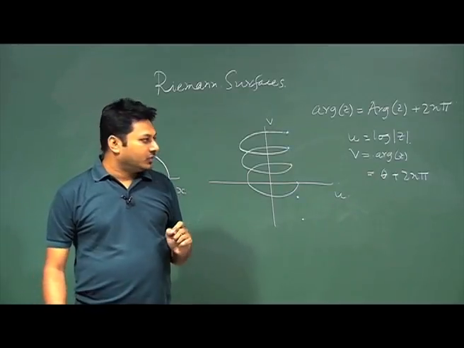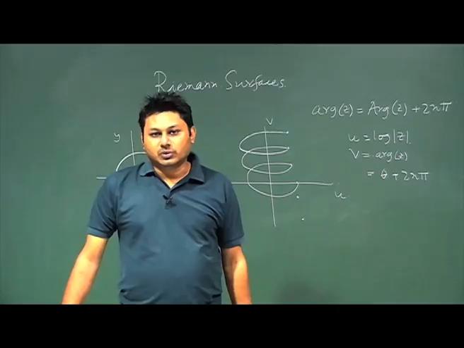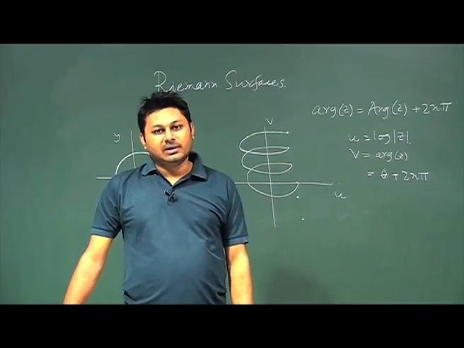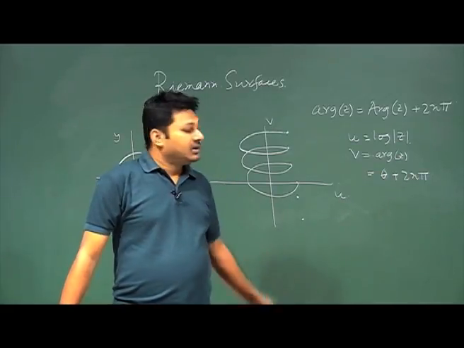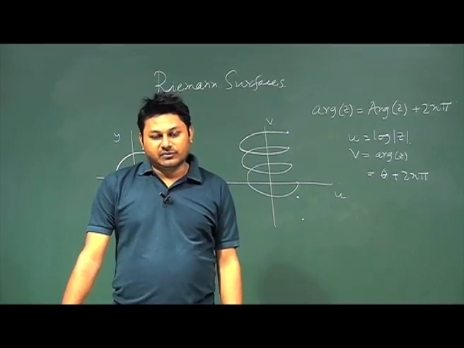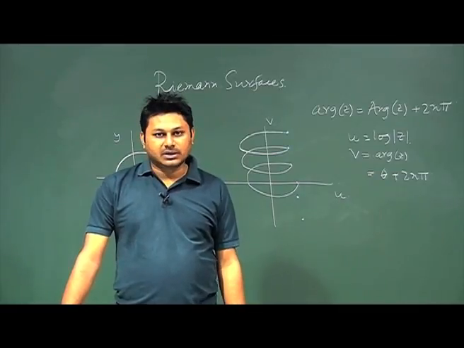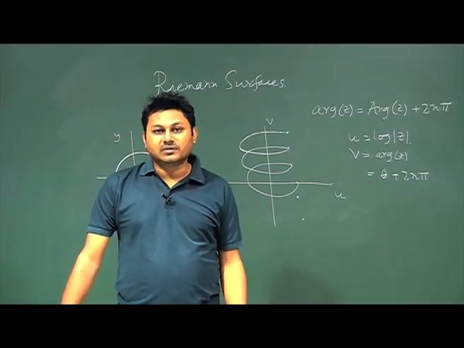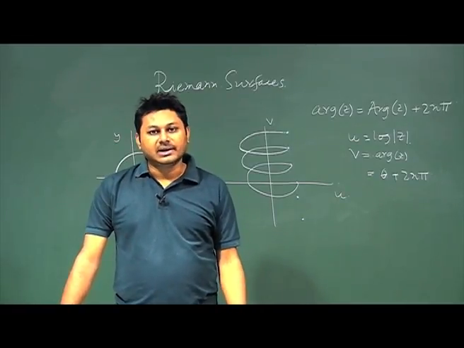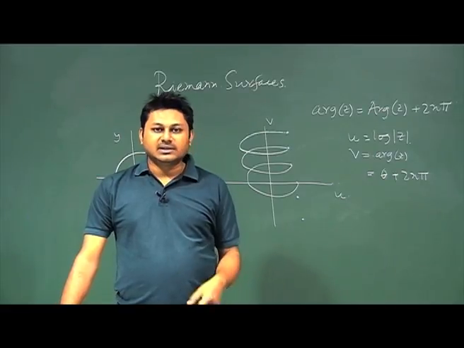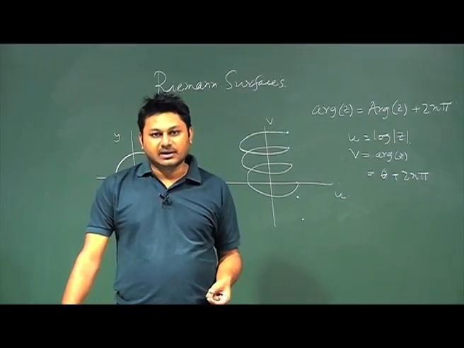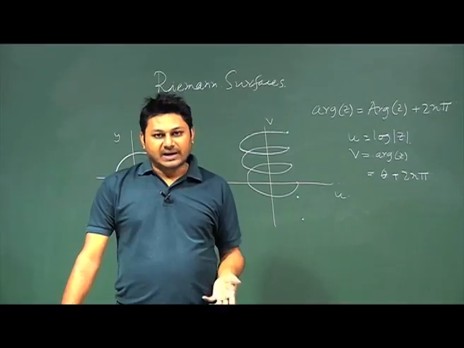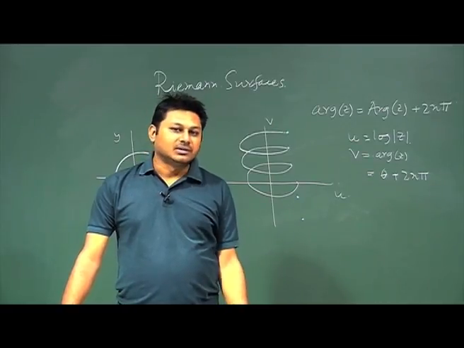When I change the branch, I will go to the next branch, that means the next set of values, and so on. So, with this I would like to conclude today's class. Today you have learned a very interesting thing, multivalued functions and branches. In different parts of complex analysis this concept is used, and it is important to understand how these things work, especially when z is changing. There are two parameters associated with that, one is r and the other is theta. So, that is why these kinds of things appear in this way.